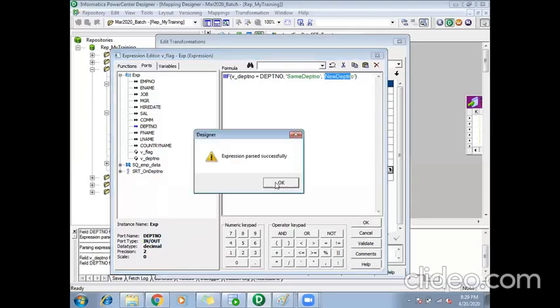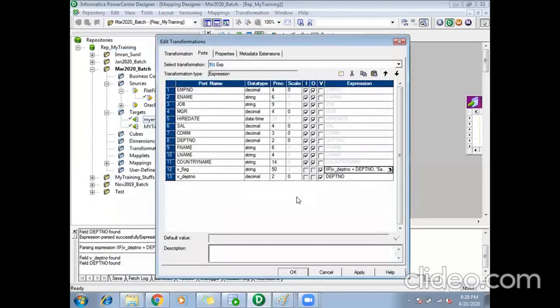Okay. Then I want an output port similar to this V flag port. So I'll just copy this and paste it. And this one I will name output port here.